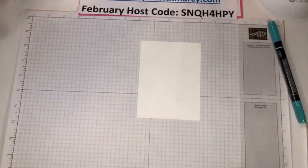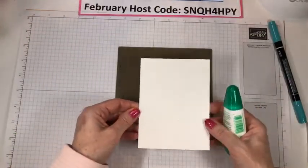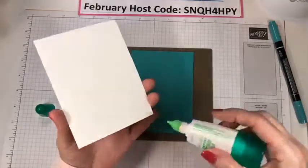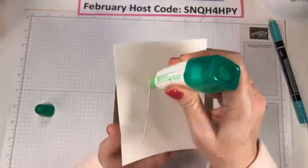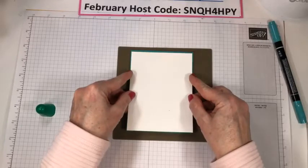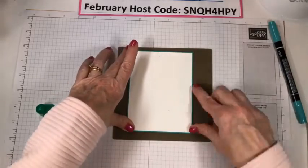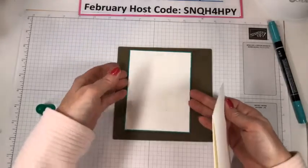Okay, so let's bring in our silicone craft sheet. And is my glue gonna, yep, wasn't sure if my glue was getting to the end or not. All right, so it just adds that little bit more to it, I think. All right, so now